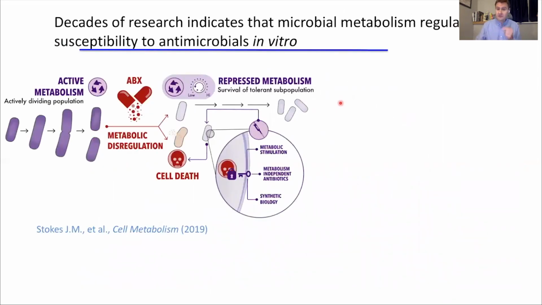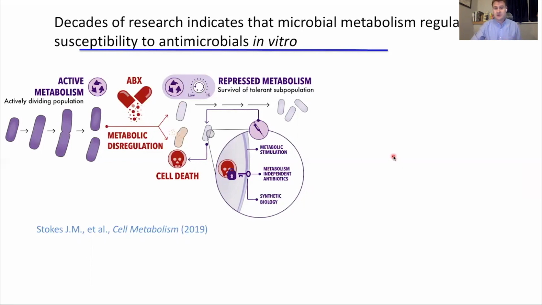A lot of in vitro work from me and many others has demonstrated that an important determinant of antimicrobial susceptibility is metabolic activity during antibiotic exposure. In general, bacteria with repressed metabolism, let's say bacteria in a biofilm or maybe TB, which has ways to shut down various aspects of metabolism, tend to be tolerant to antibiotics, whereas bacteria with high metabolic activity tend to be susceptible.